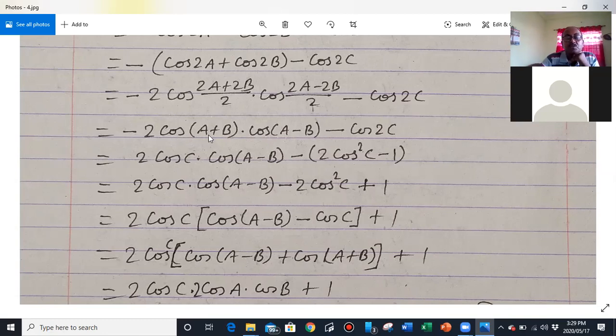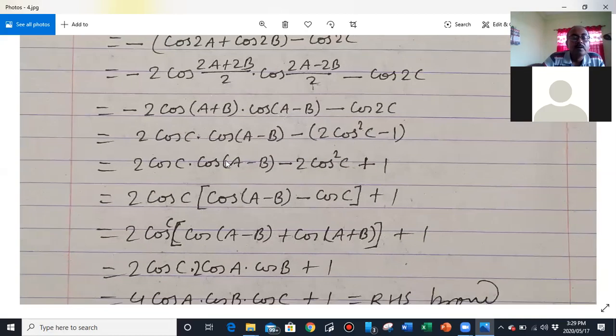Now you know, as we did in previous sums, minus cos(a plus b) is cos c. So this minus sign will go, 2 cos c cos(a minus b). And now you have got cos c, so accordingly you have to write here minus (2 cos square c minus 1) for cos 2c. Now next line, this part you continue, here you open bracket minus 2 cos square c plus 1. Now except this one, from here and here 2 cos c is common.